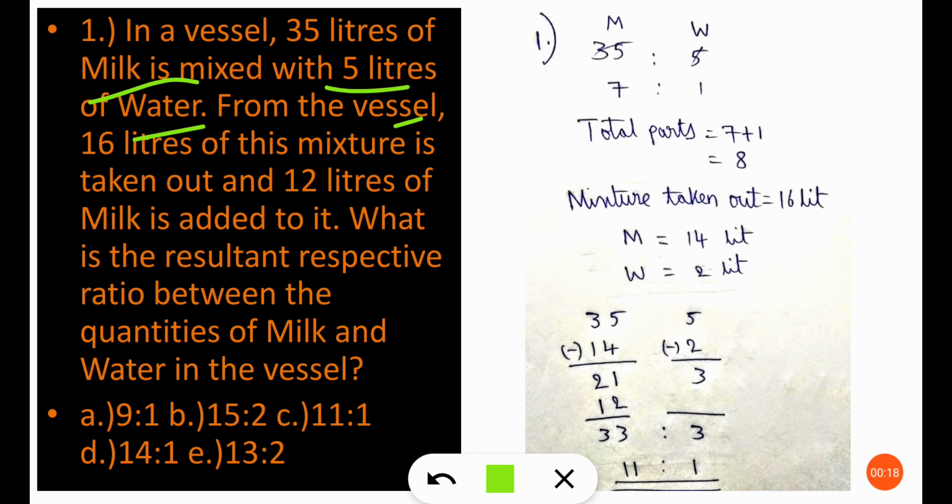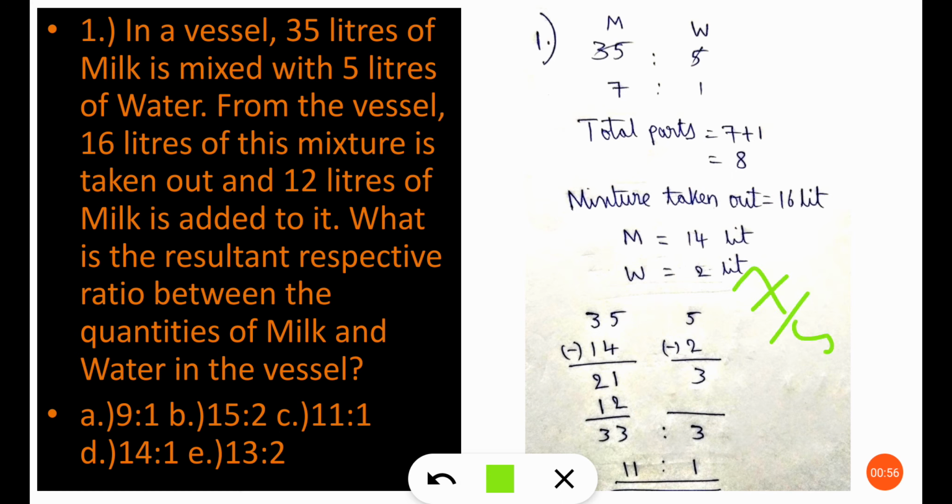It is given that there are 35 liters of milk and 5 liters of water in a vessel. So the ratio is 7:1 and the total parts are 7 plus 1 equal to 8 parts. 8 parts of milk and water are present in that vessel. Now they have taken 16 liters of mixture out. Among these 16 liters, how much milk and how much water are present, we have to calculate